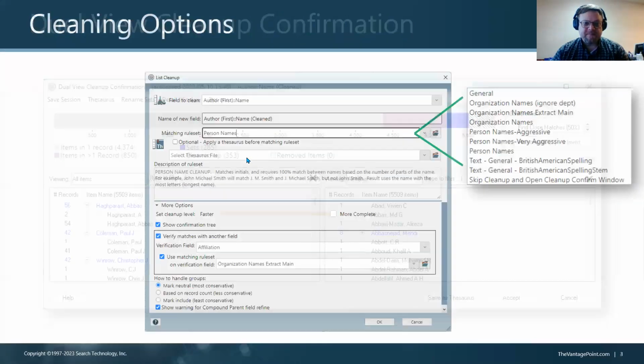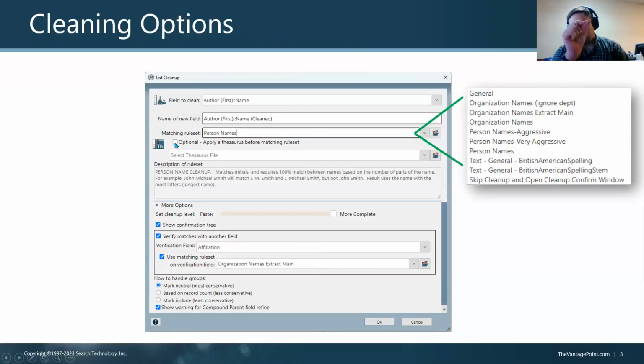Let's see. Yep. That box. Check that box and pick your thesaurus file in the little drop down below it. And so that's where you, as an analyst, have determined these two organizations or inventors or words go all together. What the extract main does is run a script beforehand that builds a thesaurus, and that thesaurus looks through